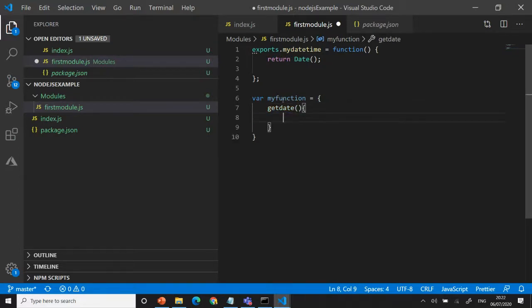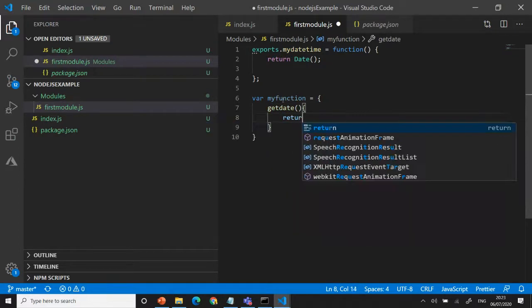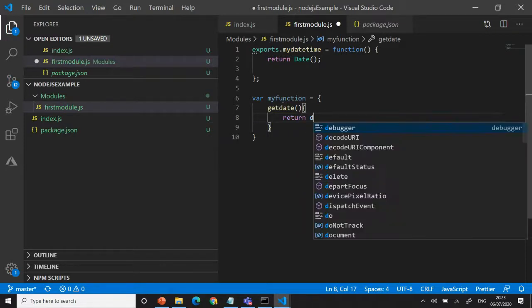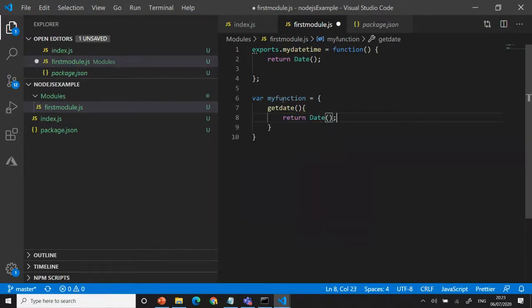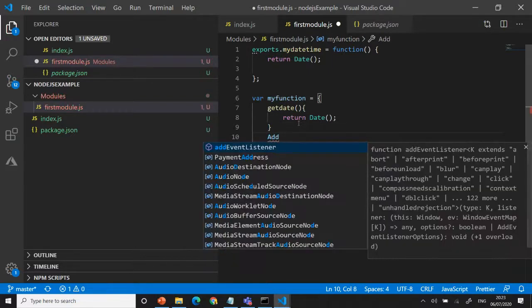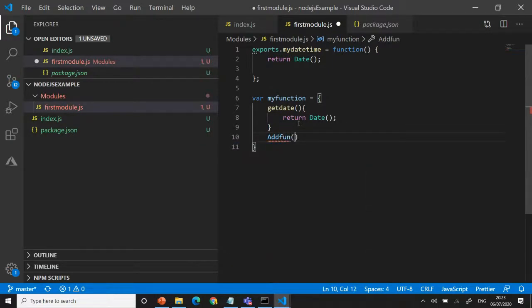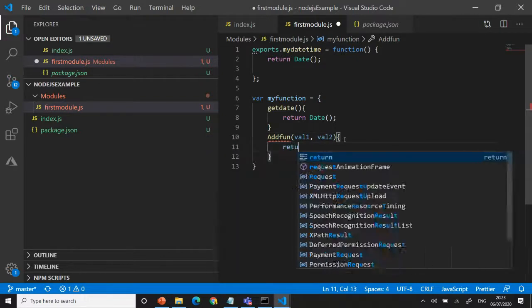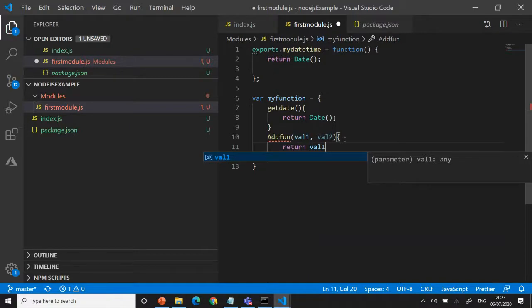I can return whatever you want, return date, or whatever functionality you want to write. The second one is the add function. You can say value 1 comma value 2, and I can return val 1 plus val 2.